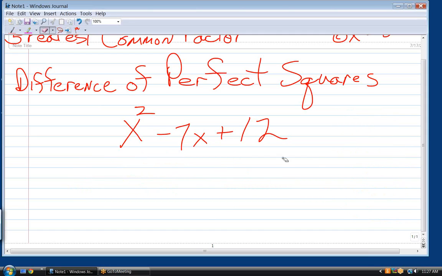All right. A more difficult step, but still not level 2, would be if there's a negative sign in front of the constant. If there's a negative sign in front of the constant, there's 4 steps, not 3. But the first 3 are still the same. There's just a 4th step. So the first step,